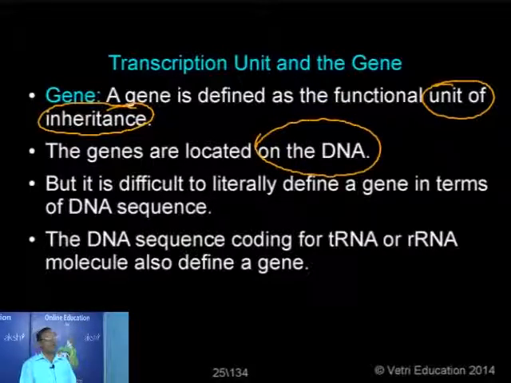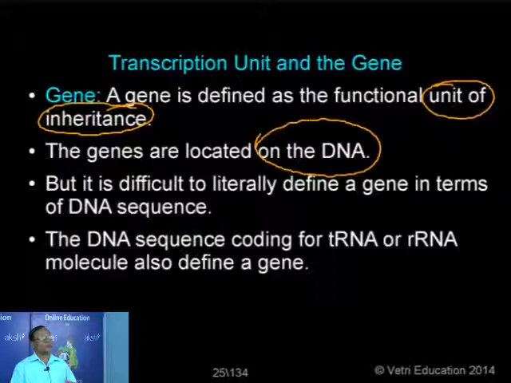Then, I mentioned already it is very difficult to define a gene in terms of its nucleotide sequence. We can say simply a gene is responsible for the transmission of characters, the unit of inheritance. Also we can say the nucleoprotein, which you have seen already, the combination of DNA plus the histone protein to form the nucleoprotein. So the nucleosome, what we have, is the unit of the chromosome. Though it is difficult to define a gene in terms of its nucleotide sequence,